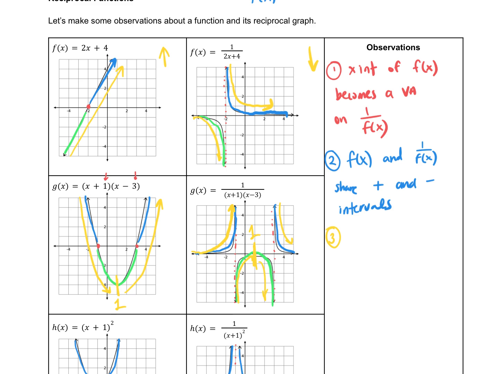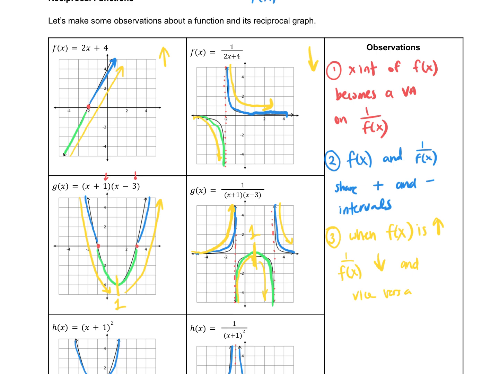So number 3, when f at x is increasing, 1 over f at x decreases, and vice versa. Now, if I want specific points on an original and a reciprocal graph, I can just take some coordinates from the original and flip the y coordinates. So for example,